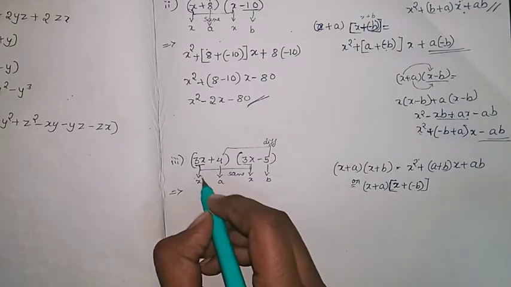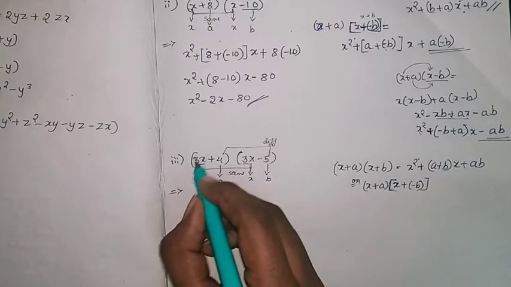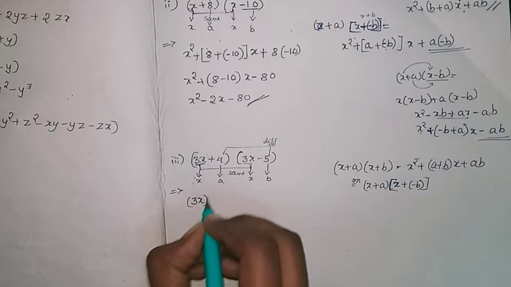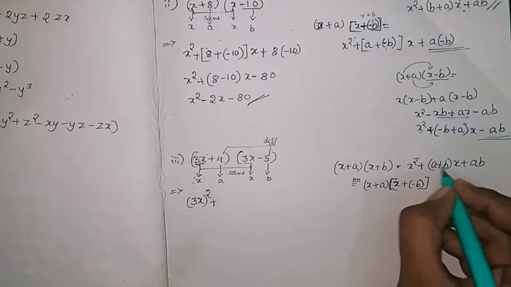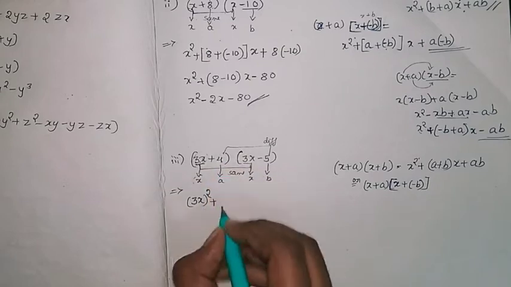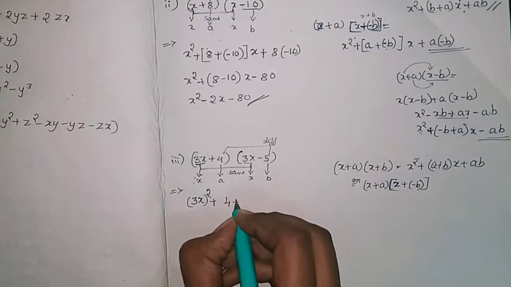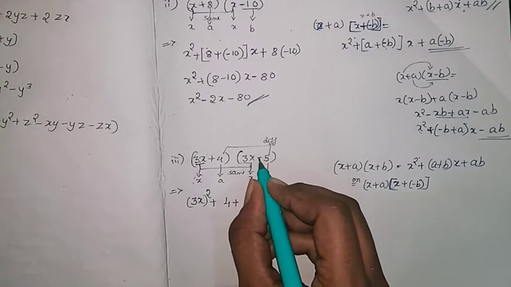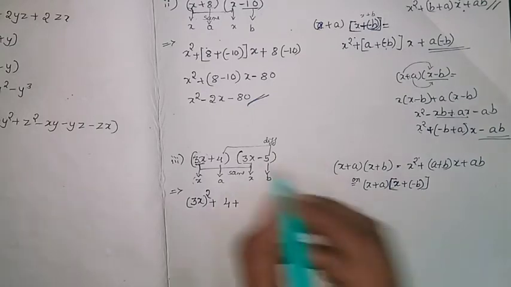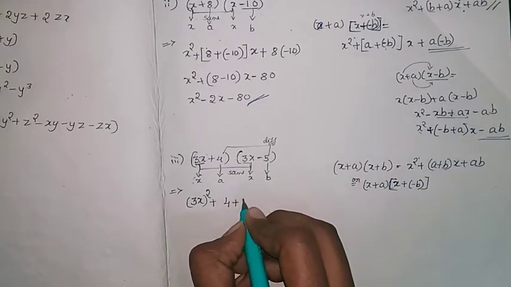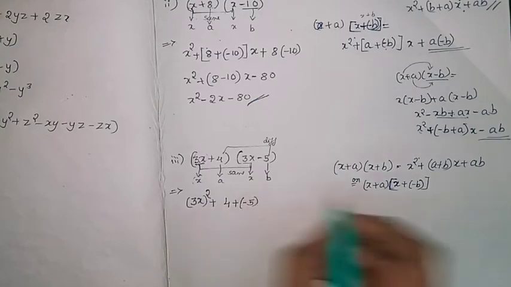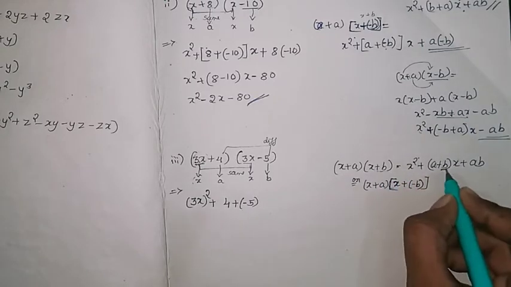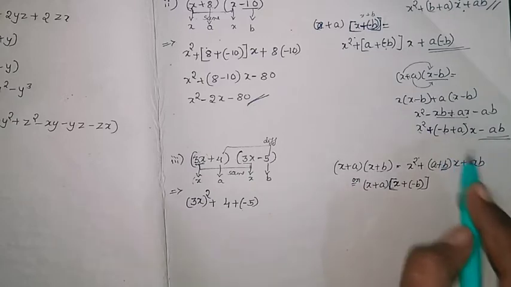But here now you observe in place of x the value is 3x. So x square means 3x whole raised to square, plus of a plus b, which is the a value, a is 4, which is the b value. Here you can observe in b place it is a minus sign. When it is a minus, that time you have to take care. Okay, so as it is a minus 5, so now you have to write in bracket minus 5. Why I wrote? Because we have the formula a plus b, we don't have for minus b, so that's why we have adjusted. Or you can remember by the formula also.